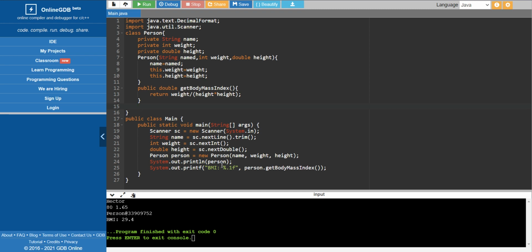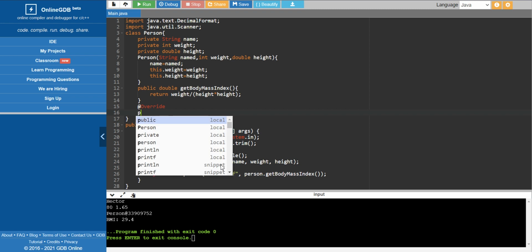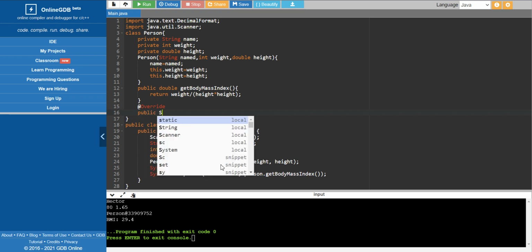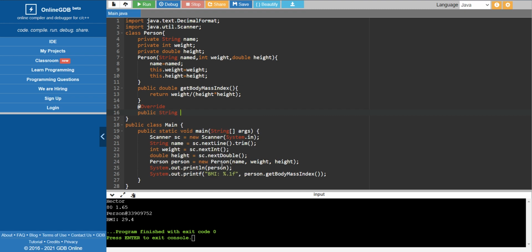For that, it uses the toString method. So we can override this: @Override, public, that should return a string value, right?